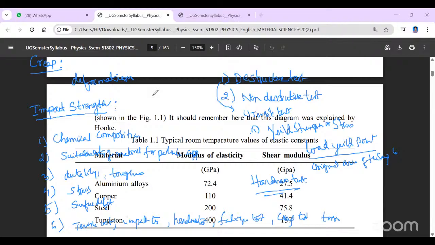This method is similar to the previous method, that is the Brinell hardness test, but with the help of the Vickers hardness test,